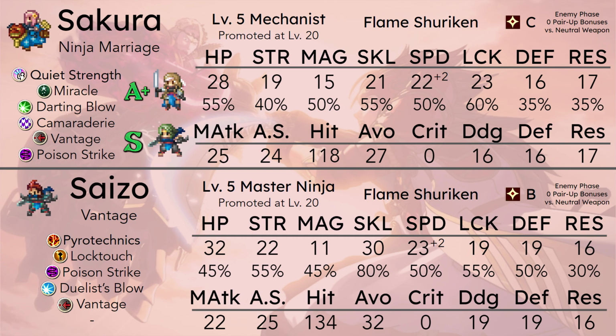She can do better magical damage than Saizo, if Saizo also uses the Flame Shuriken, but it's not even by that much, because Saizo will probably have an extra Shuriken rank, which will further increase his damage. So Sakura's lead is only going to be like 3 once you get to level 5 promoted, so it's not great. Yeah, and this type of lead just isn't worth